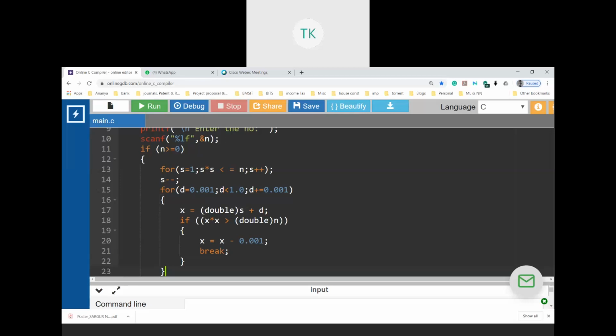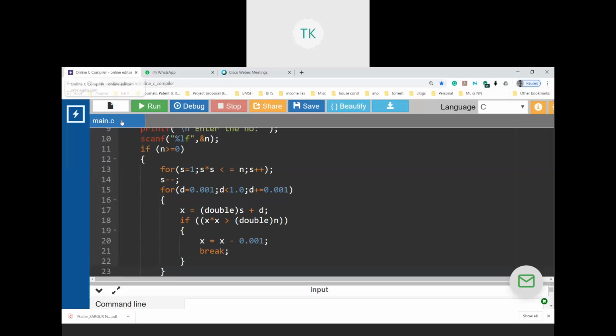So I start the X value from 5.001. Now when I say 5.001, you may ask me, sir, the value is 5.385, but we are starting with 5.001. We will initially start with 0.001 as the fractional part, and slowly go on adding so that it reaches the exact value.